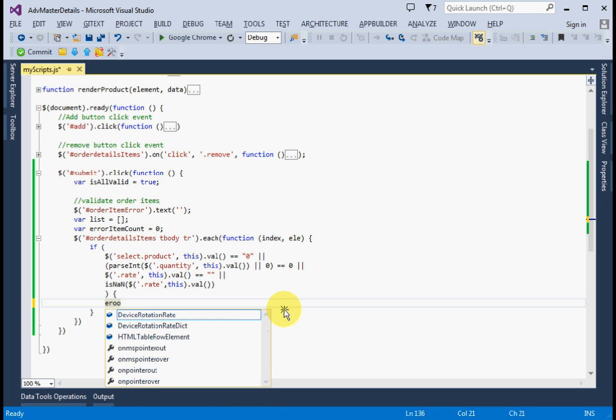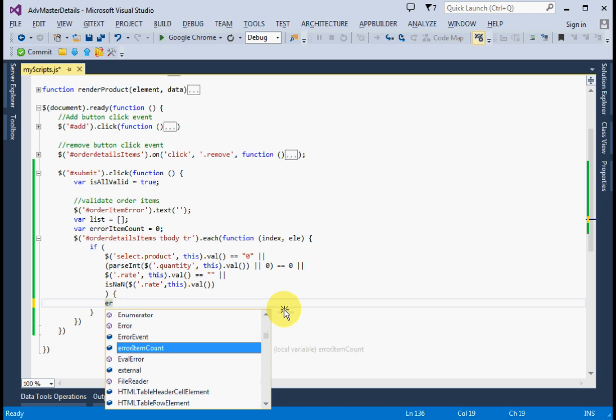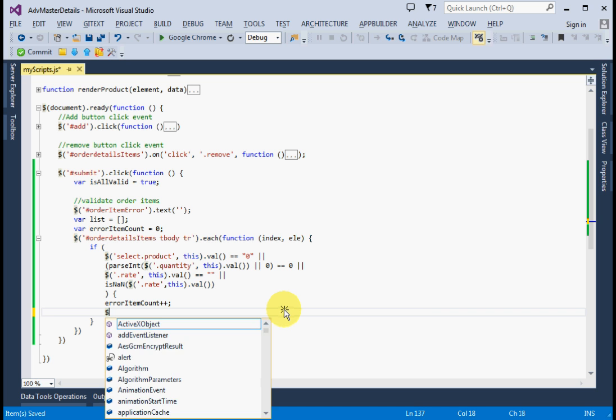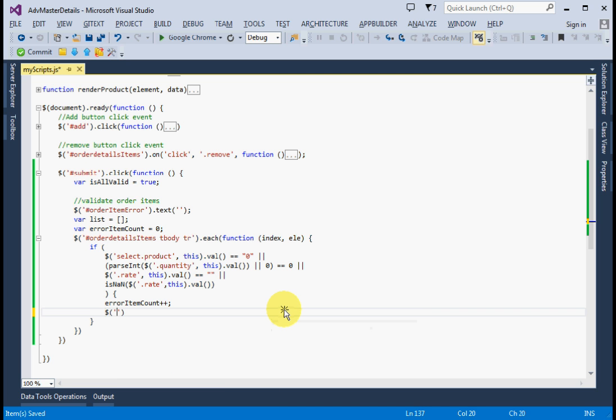So error item count plus plus, and if there is any error for highlight the row, I will add a class. This is done,